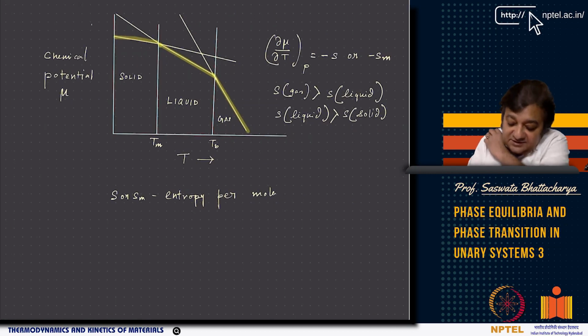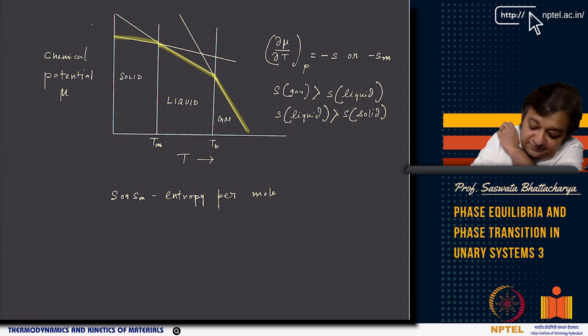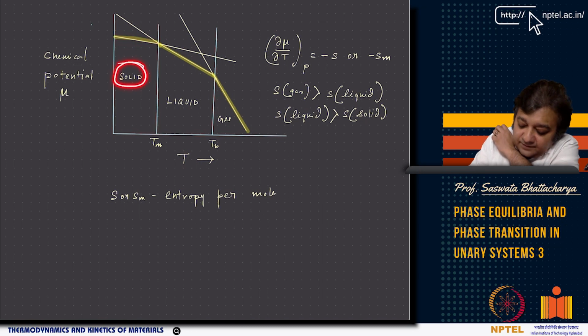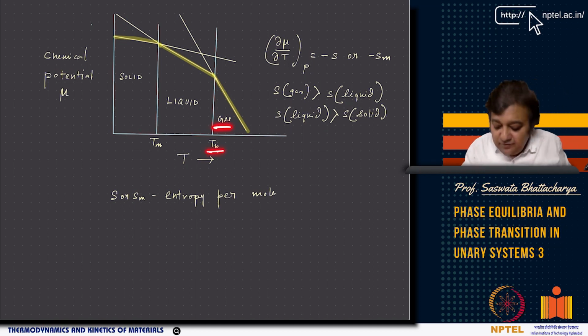Okay, so how does the chemical potential change? As you can see, for example, below Tm solid. If you look at the solid curve here, this is your solid, and then this is your liquid. Liquid has a higher energy, gas even higher energy. So solid has the lowest chemical potential, or the lowest molar free energy, and therefore solid is extant. Then beyond Tm, liquid becomes the lowest energy state, right? And as you go further above the boiling point, the gaseous state becomes more and more favorable,